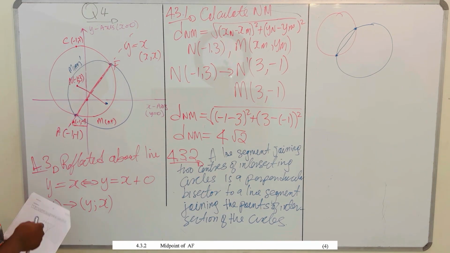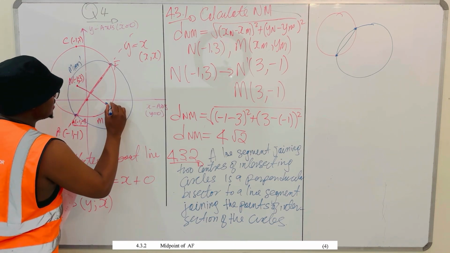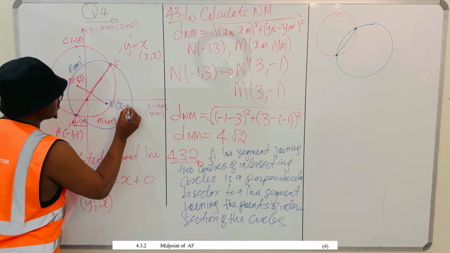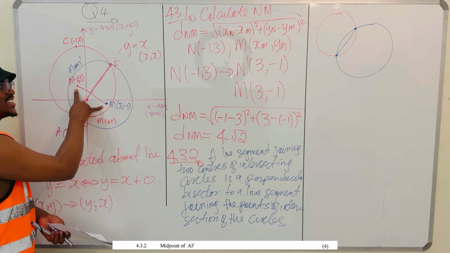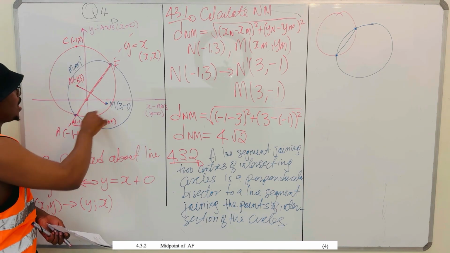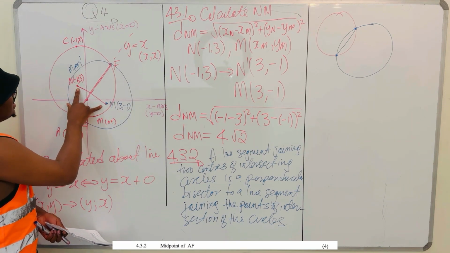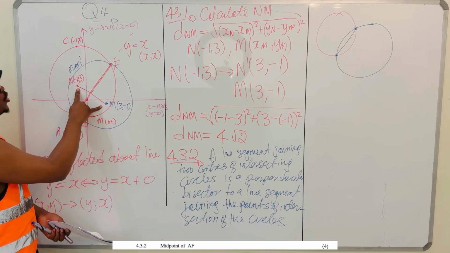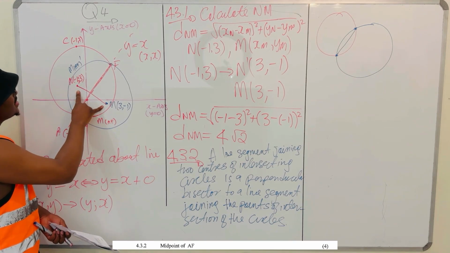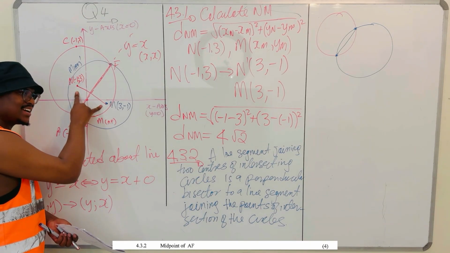What I'm trying to say is that a line segment joins the centers of the two circles, because this is the center of the old one and this is the center of the new one, which is 3 and -1. A line segment joining the centers of two intersecting circles. So this is a line, you have circle 1, the red one, you have circle 2, the blue one, right? This line NM here is a line segment joining the centers of two intersecting circles, right? No problem. So what you need to know is that a line segment joining the centers of two intersecting circles